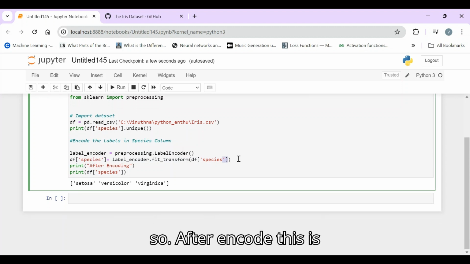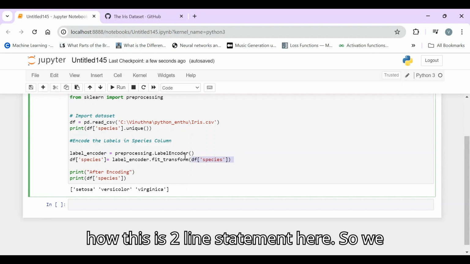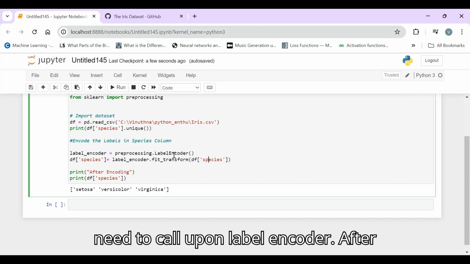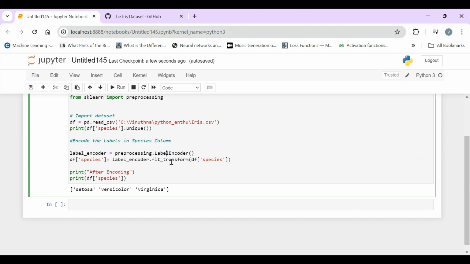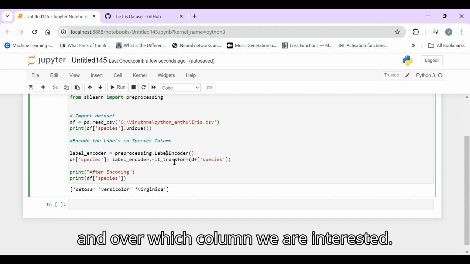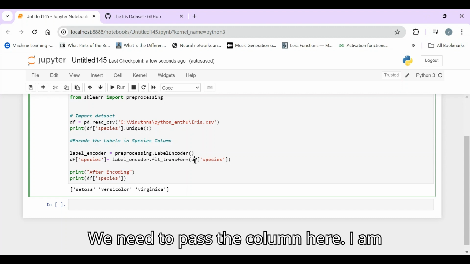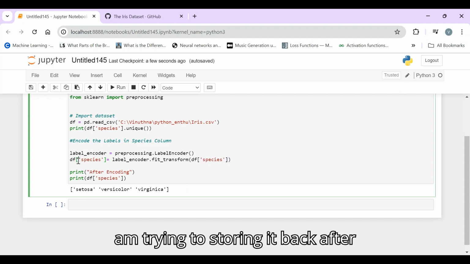After encoding, this is a two-line statement. We need to call the label encoder, then call the method fit_transform, and we need to pass the column here. I'm interested in species, so this is where I'm storing it back.